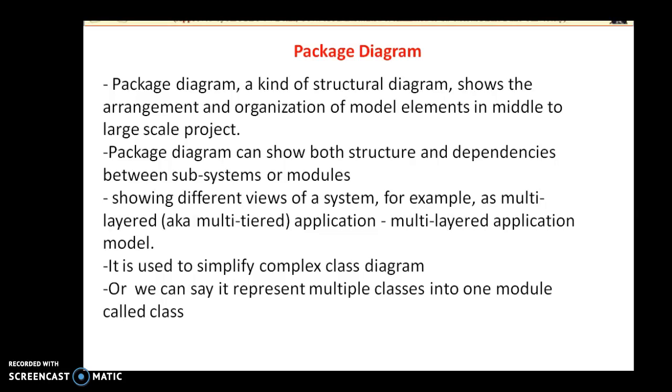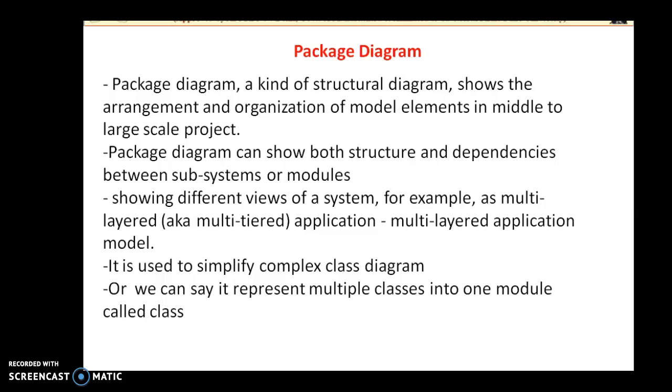So in this session we are going to start with the package diagram. As previously we have seen the collaboration diagram. Package diagrams are used to structure a high level system, we can say a complex system. It is used to organize a large system which contains multiple diagrams, multiple classes, documentation and key deliverables. They are used to simplify complex class diagrams, which are complex in functionality.